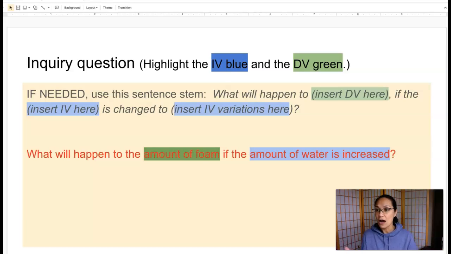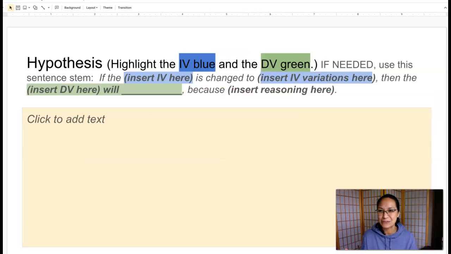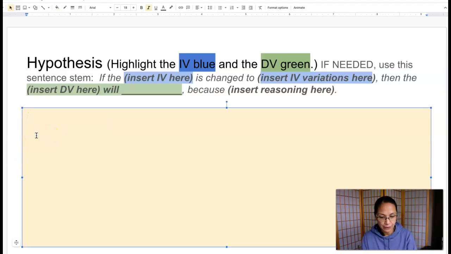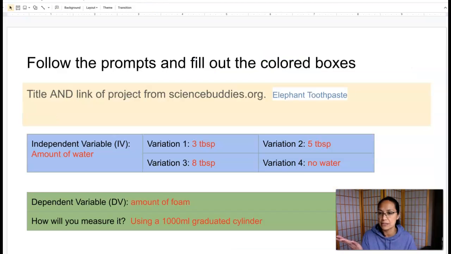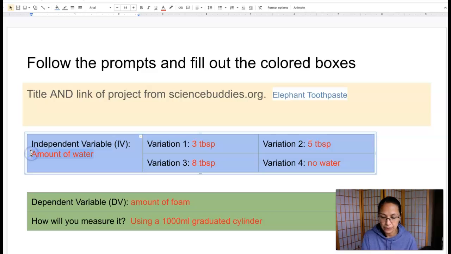So now I have to write it down, because writing it down is a form of communicating. We are practicing communicating as scientists. So I'm going to write down my hypothesis here. If the, and I'm inserting my IV, so if I forget what my IV is, I just go to my slide 2. Here's my IV. If the amount of water